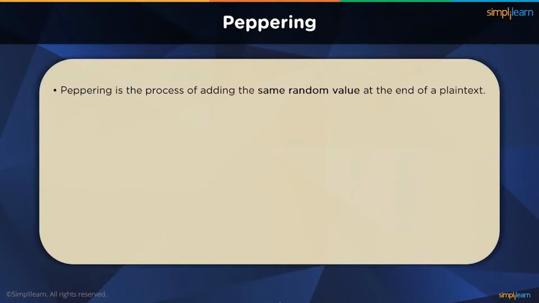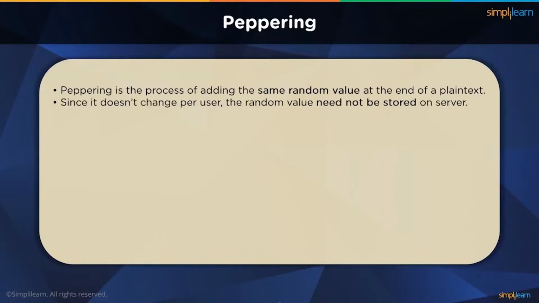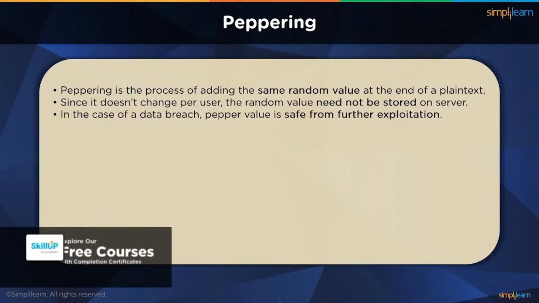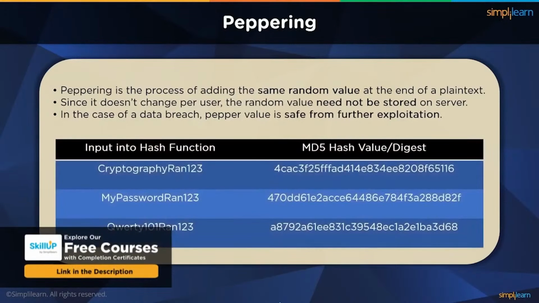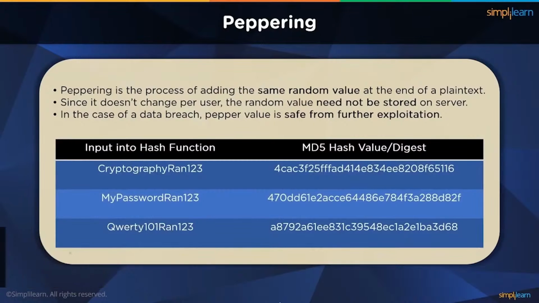Peppering is the process of adding a random string of data to the input before passing it to the hash function. But this time the random string is not unique for each user. It is supposed to be common for all users in the database, and the extra bit added is called the pepper in this case. The pepper isn't stored on the servers. It is mostly hard-coded onto the website source code since it's going to be the same for all credentials. This way, even if the servers get hacked, they will not have the right pepper needed to crack into all